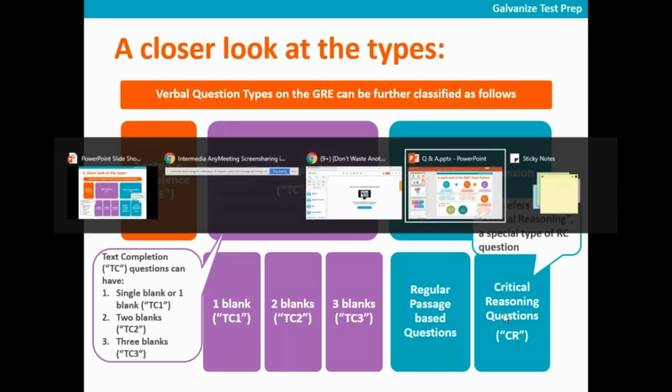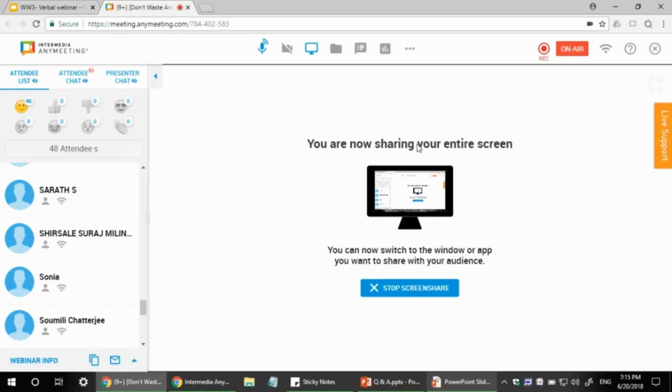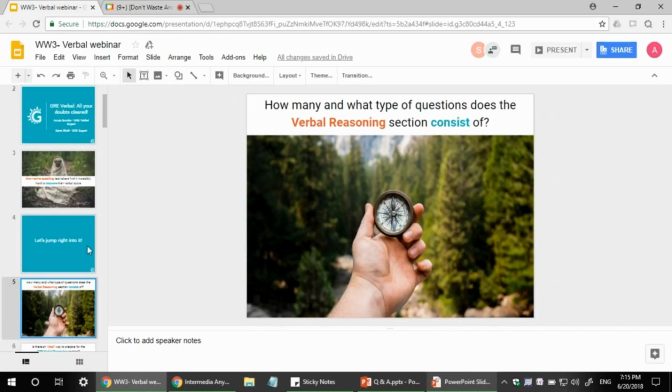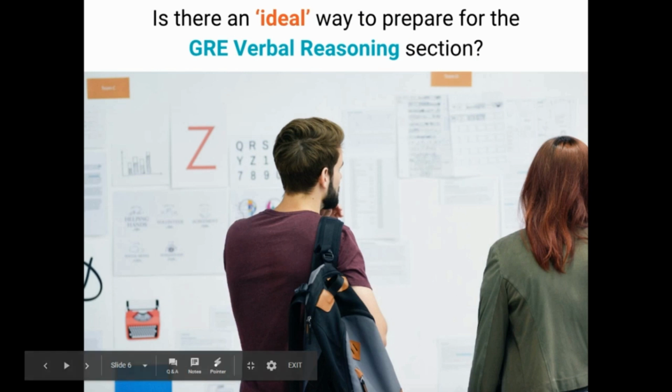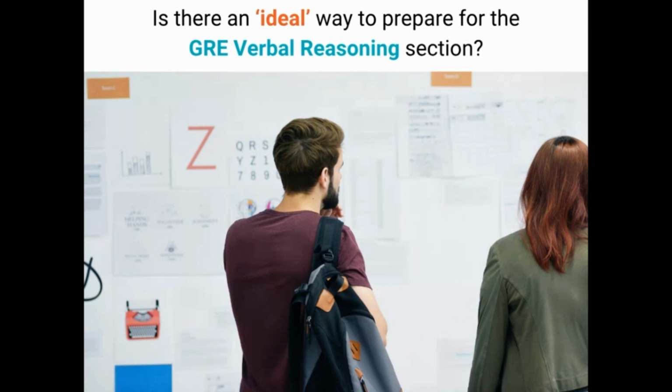Okay, I hope that is a sufficiently clear introduction to the verbal reasoning section of the GRE. If you need more information, please feel free to get in touch with us and we will point you in the right direction. Okay. So moving on, now that we've covered the basics of what the GRE test is going to be like and what kind of questions you can expect from the verbal section,